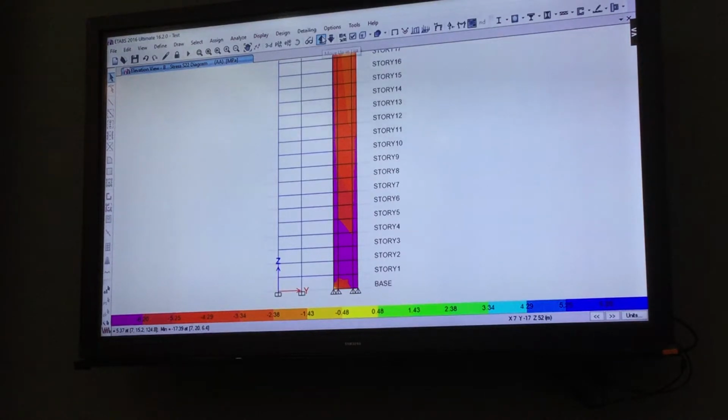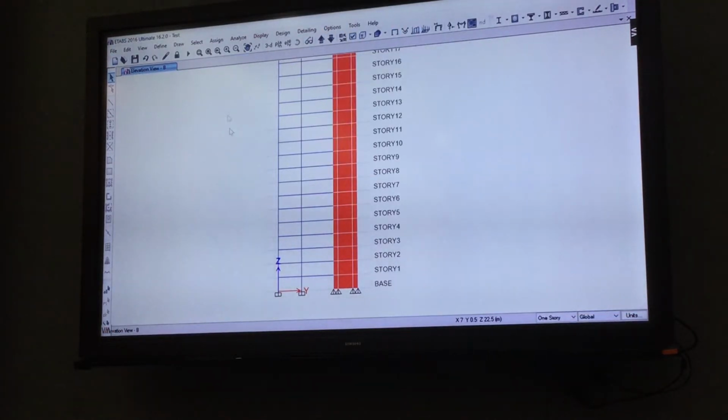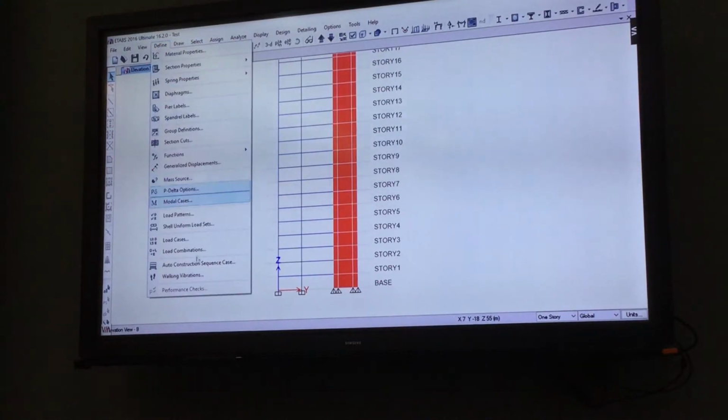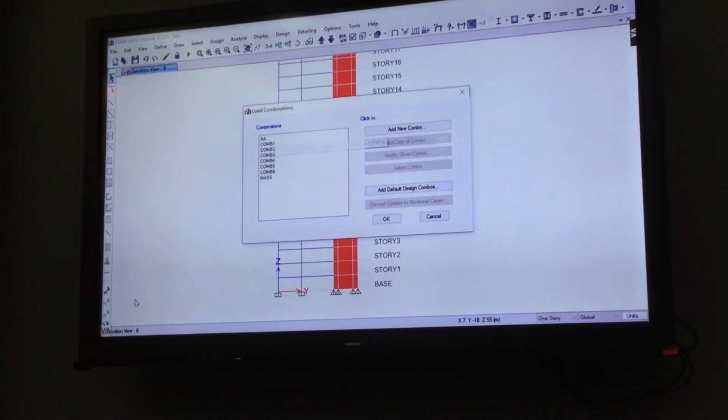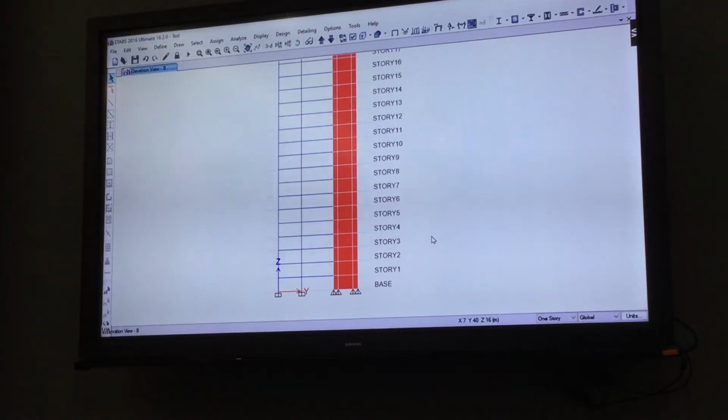And I will also show you how to design the shear walls. Let me show you on this planar wall. I make only one load combination here in the meantime, but you have to make all the load combinations that I showed you in the previous presentation. Now I make the load combination which is made with the earthquake load, and I will